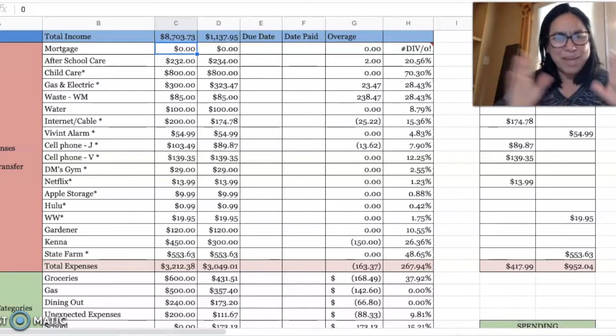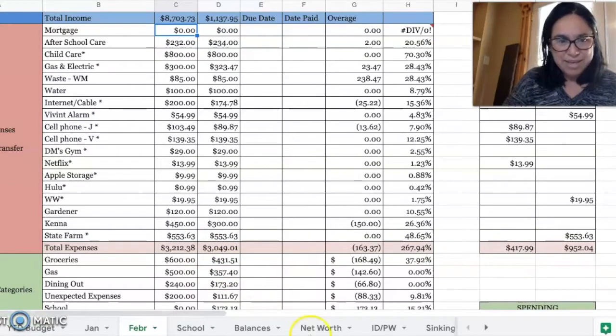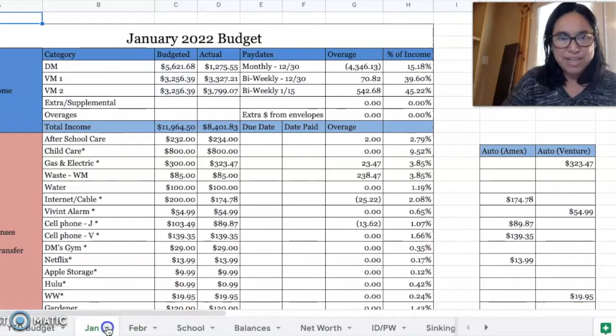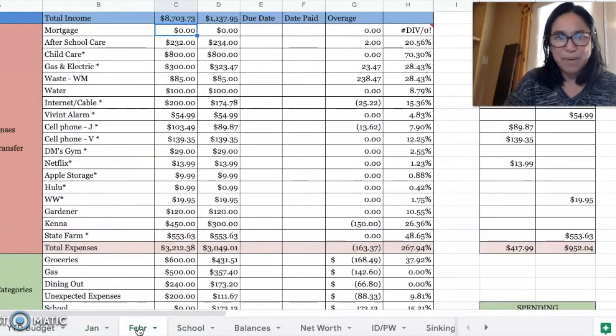Now, the way that the screen share is, I guess I can come down here and show you what the tabs look like. What I did was I clicked on January and just said duplicate, and then I created February that way. Okay, so with that,